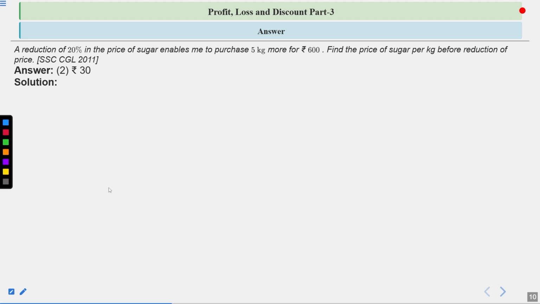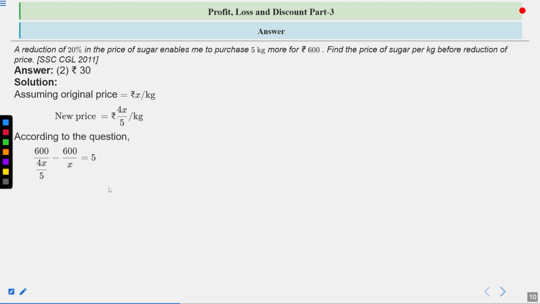Now see the detailed solution of this question. Assume the original price is x rupees per kg. So the new price will become 4x upon 5 rupees per kg, because 20% is the reduction in the price. Now according to the question, 600 divided by the new price, which is 4x upon 5, and before, the quantity was 600 upon x,